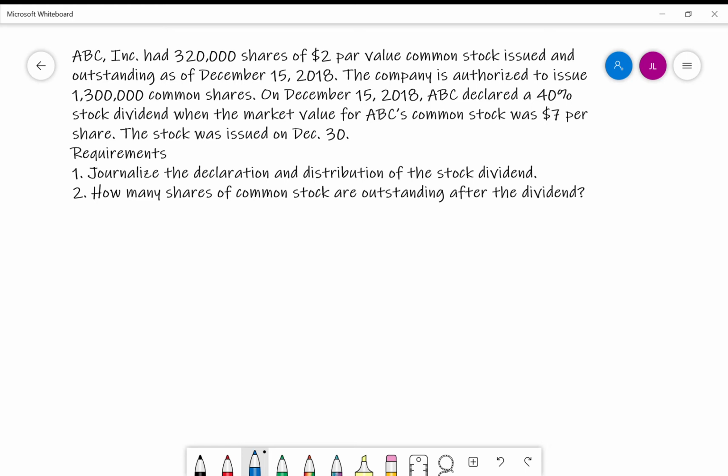And that dividend was issued on December 30th. So we need to journalize the declaration and distribution of the stock dividend. And number two is how many shares of common stock are outstanding after this dividend. Well, for number one,